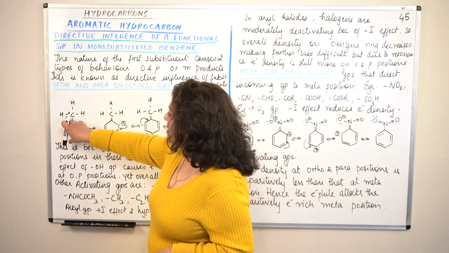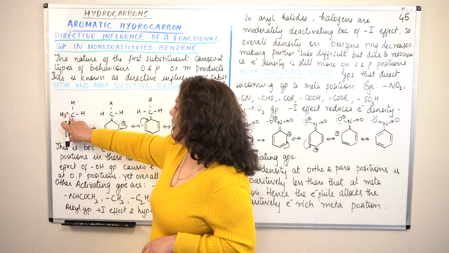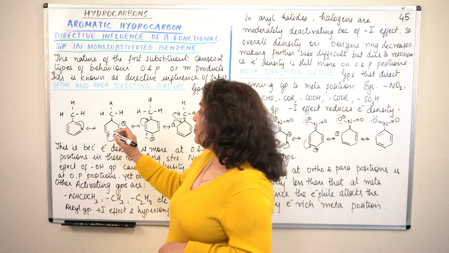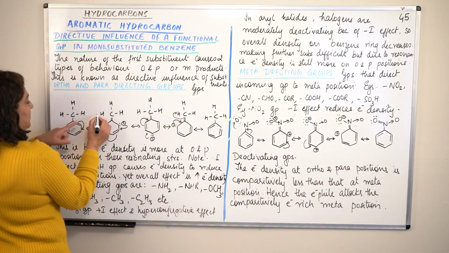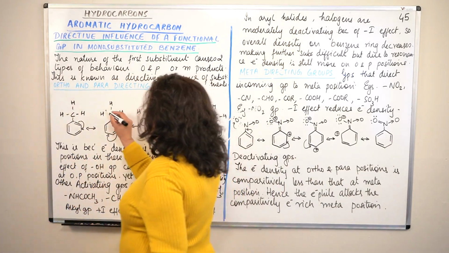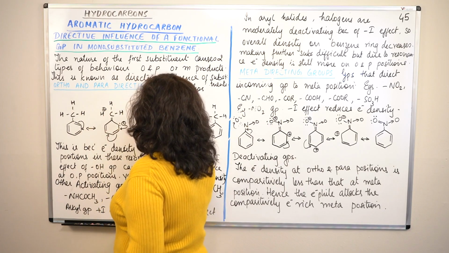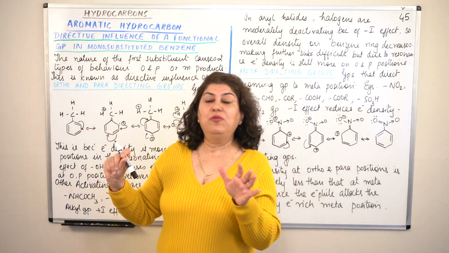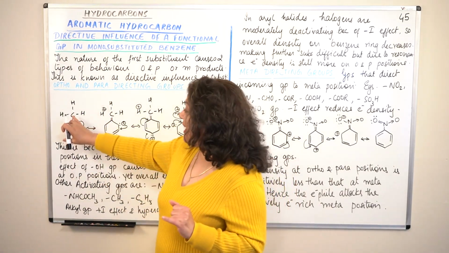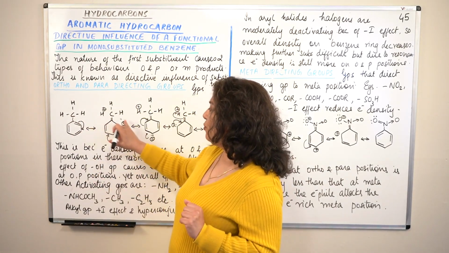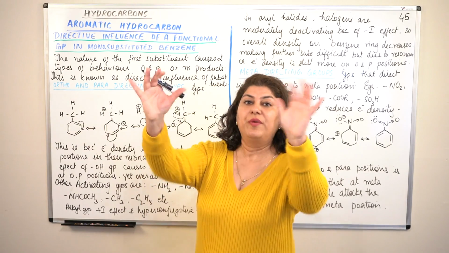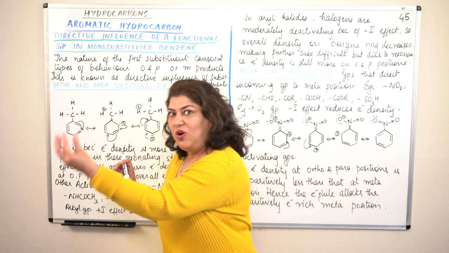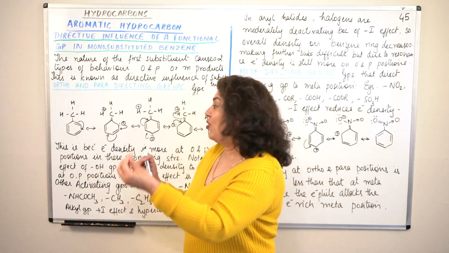And what happens? This sigma bond breaks, and when it breaks, it results in the formation of a double bond here. This hydrogen would have a positive charge. The hydrogen is not bound to carbon, yet it has a positive charge. But since this part of the molecule is negatively charged, the hydrogen does not run away. It stays there. So this effect is known as hyperconjugation, which causes the increase in electron density in the ring